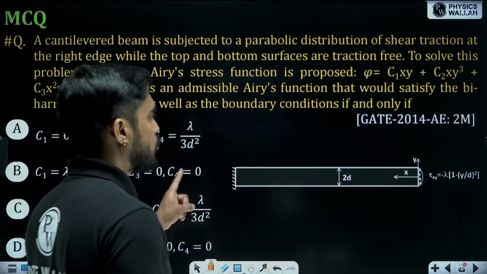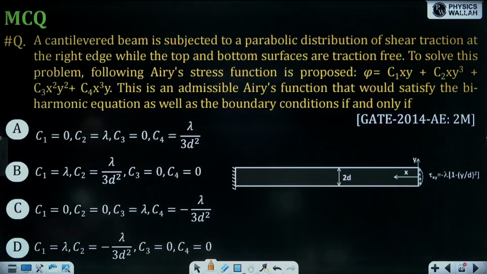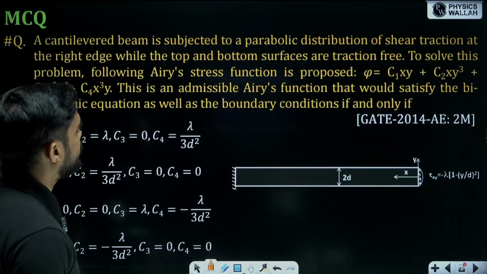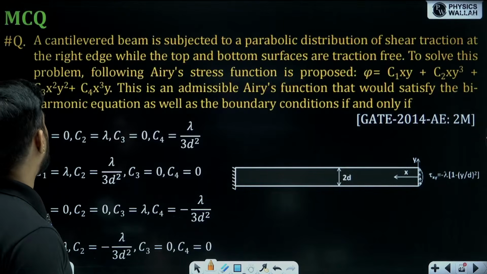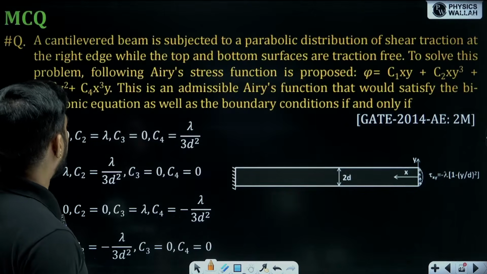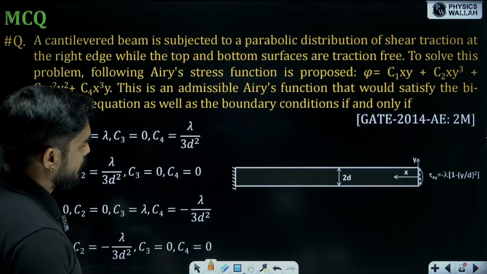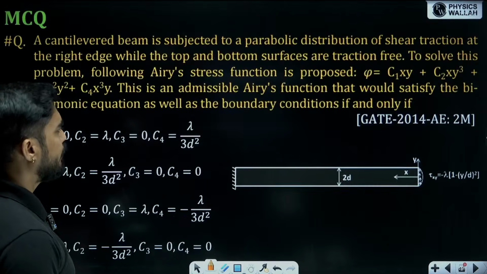Now this is from GATE 2014. A cantilevered beam is subjected to parabolic distribution of shear traction at the right edge, while the top and bottom surfaces are traction free. To solve this problem, the following Airy stress function is proposed: phi equal to C1 xy plus C2 xy cube plus C3 x square y square plus C4 x cube y. This is an admissible Airy's function that would satisfy the biharmonic equation as well as the boundary condition if and only if